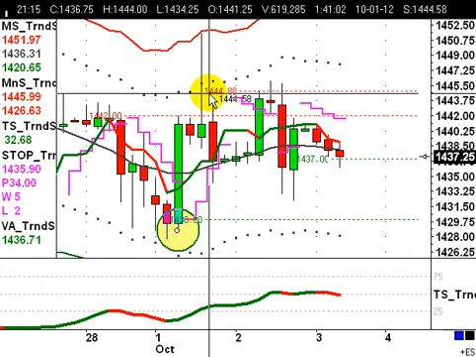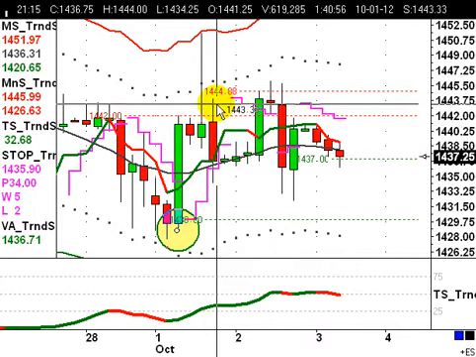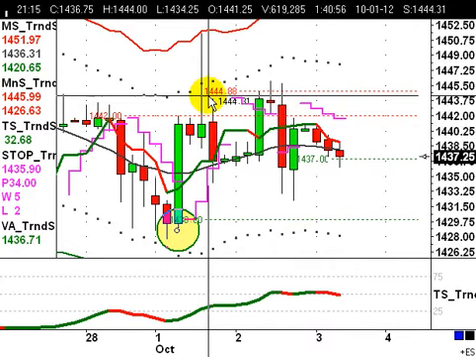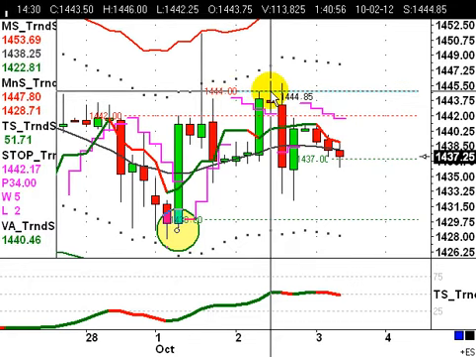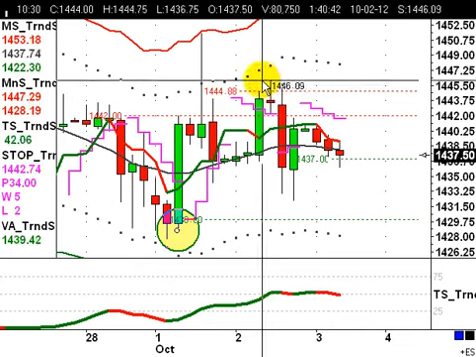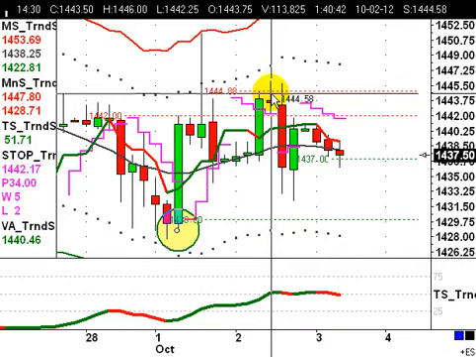What Trendsignal does is it calculates the key price from which the market turns, and it plots that price for you automatically. So that 1444.88 is a key price where this market has found resistance before, and it's likely to find resistance there again in the future. So we can use that to help us make our trading decisions. So even if we're wanting to go short, this gives us a good zone from which to look for those